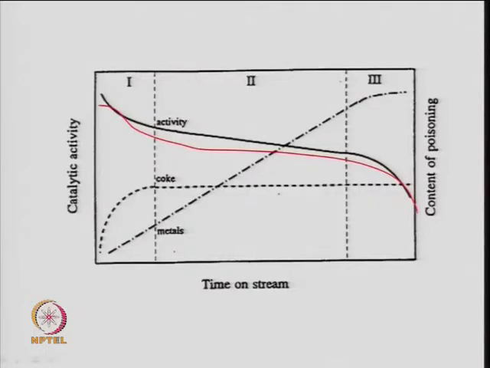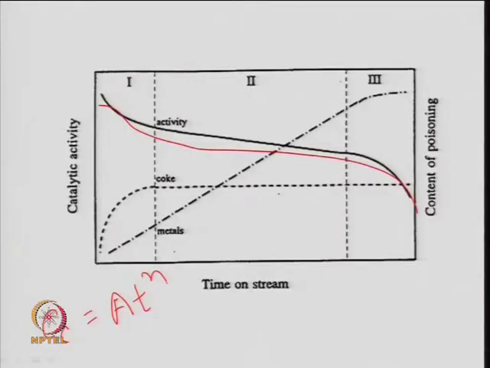So, catalyst activity, which is calculated with respect to the conversion with time on stream, decreases with time. If you look at the coke, coke deposits on the vacant sites, the active sites of a catalyst. So, this is a kind of asymptotic coking rate. Initially it increases, and Cc, the coke formation, can be related to A times t to the power n, where t is the time in minutes, A is a constant, n is the order of deactivation, and Cc is the concentration of carbon deposited on the catalyst, which can be defined in grams per unit area of the catalyst, or grams per gram of the catalyst. So, either unit can be used.